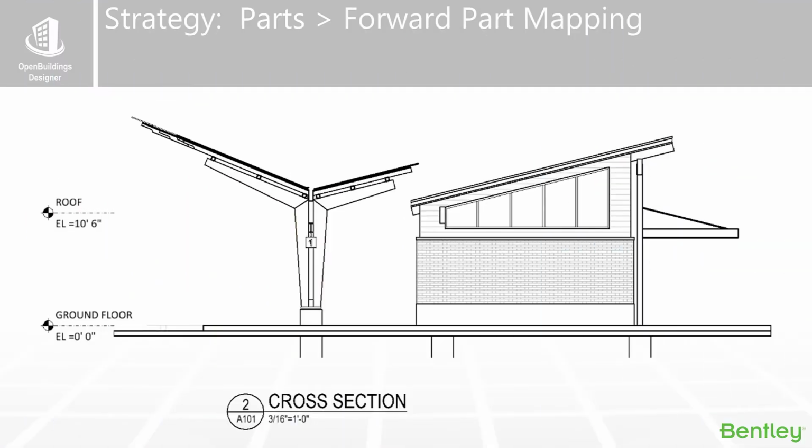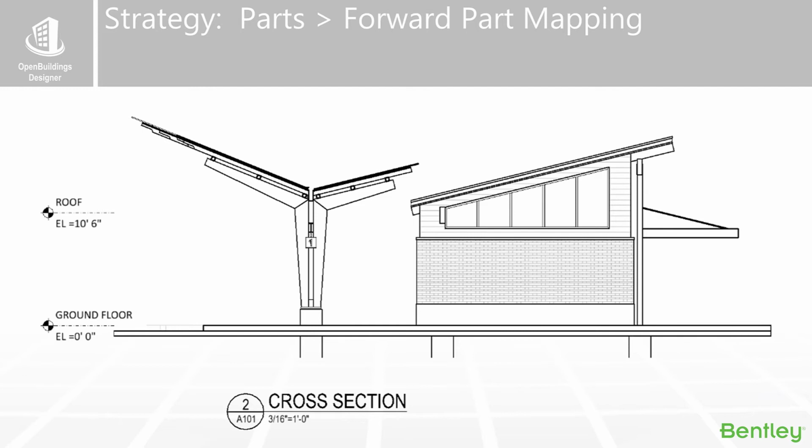And I think we'll just go on to geometry maps as well, since we're talking about materials. I had mentioned earlier that geometry maps is something that is also set by the material that's assigned to the part. In this drawing, you can see the brick on the building, and also the horizontal lines on the metal panels.